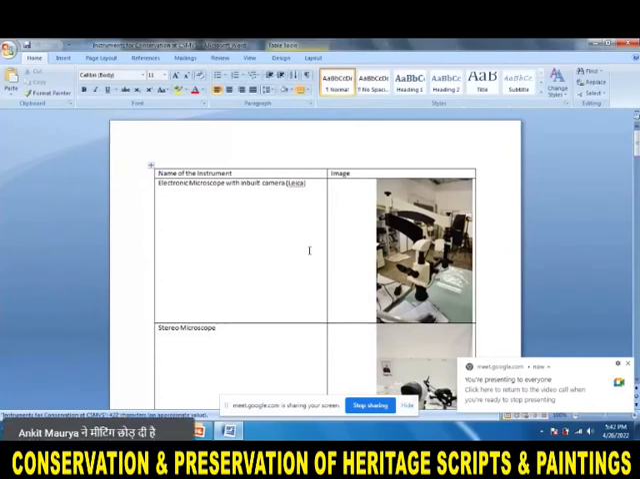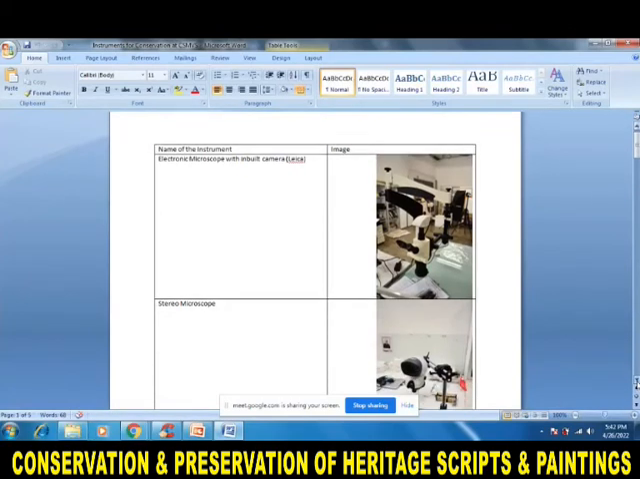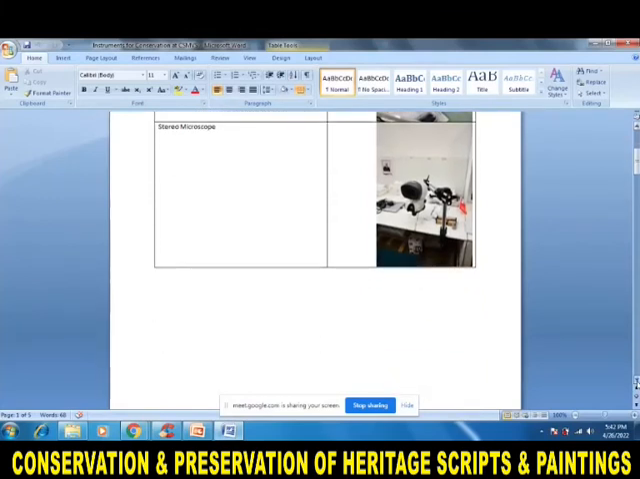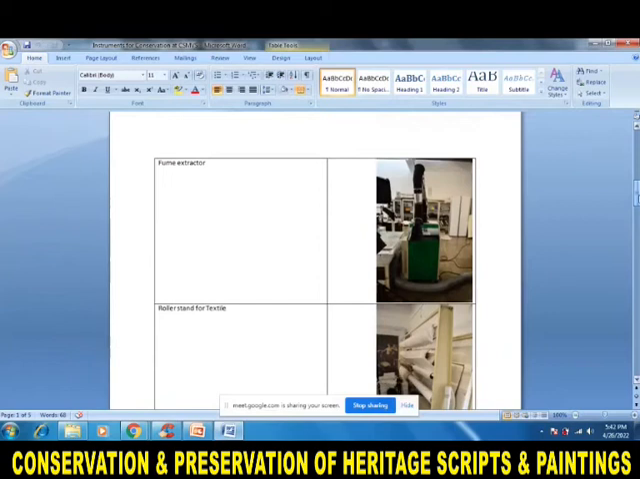These are some of the instruments that are used for conservation, using an electron microscope. We had seen this in the presentation. And there is a stereo microscope that is used for conservation, identification, examination, magnification of an object. These are some other instruments that are used for conservation as well as for